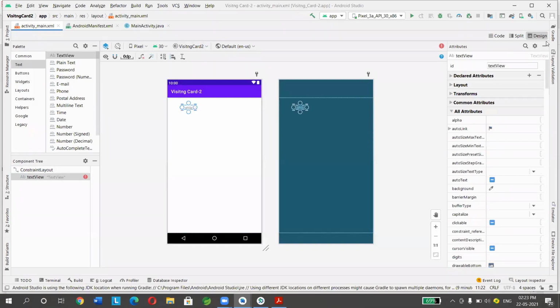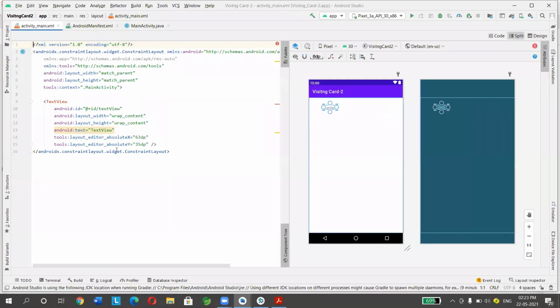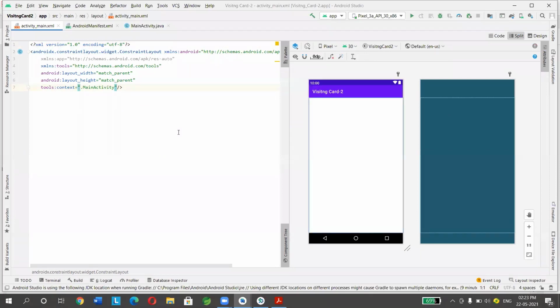Here on the right hand side, you can see code, split and design. If you want to see both design and code, just click on split. You can see here, right? This is automatically generated. When you place this text here, if I delete this, everything goes, right? So instead of writing everything in Java, a menu option is available.